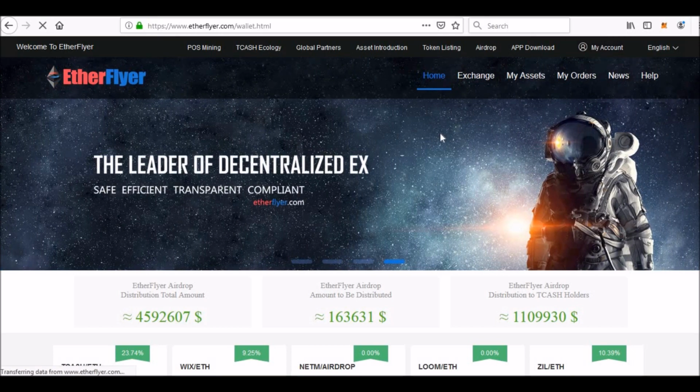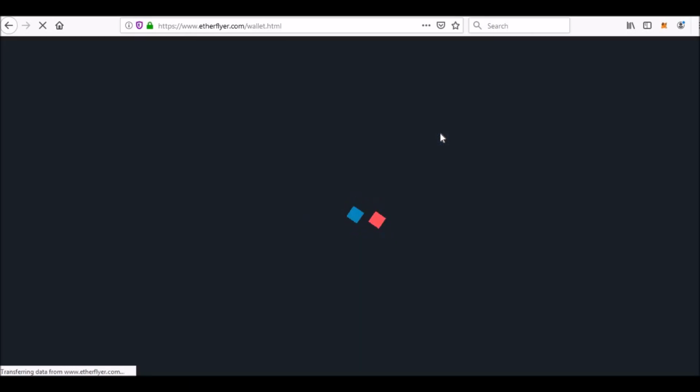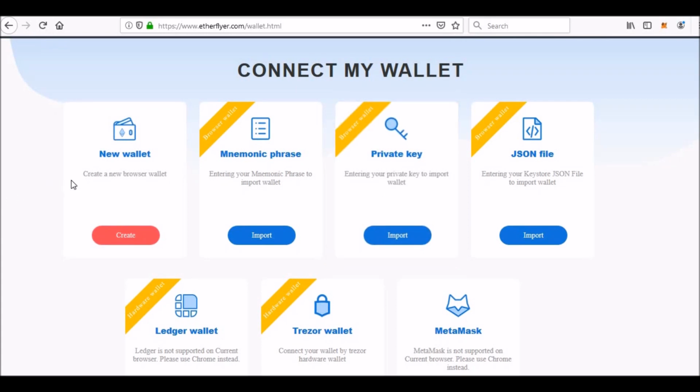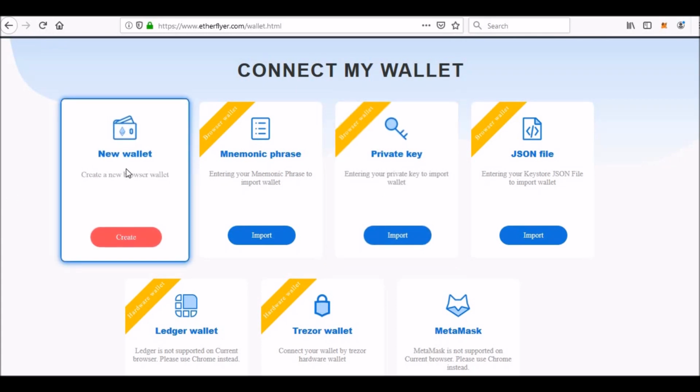Please understand, I am doing each and every step with explanation, so you will not get any confusion further. Okay, now see here, if you don't have any wallet, you can create a new wallet here.